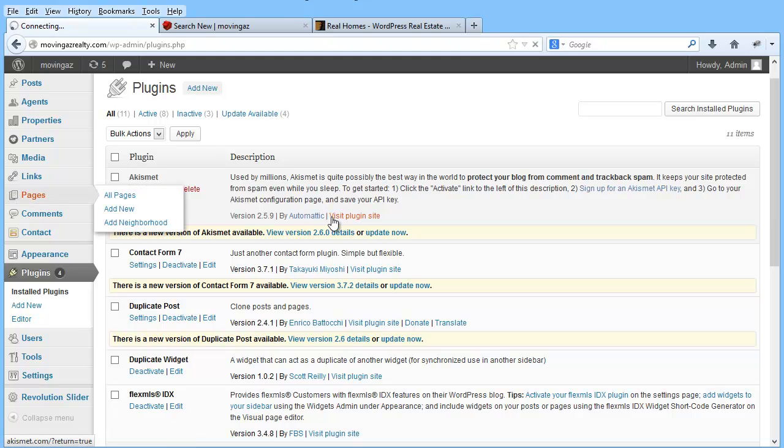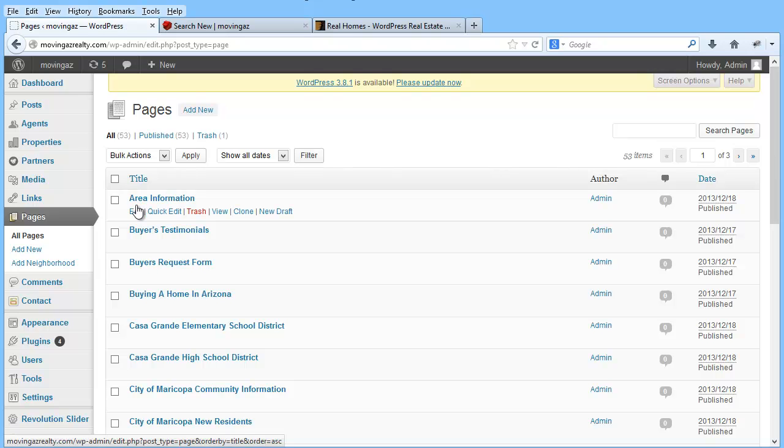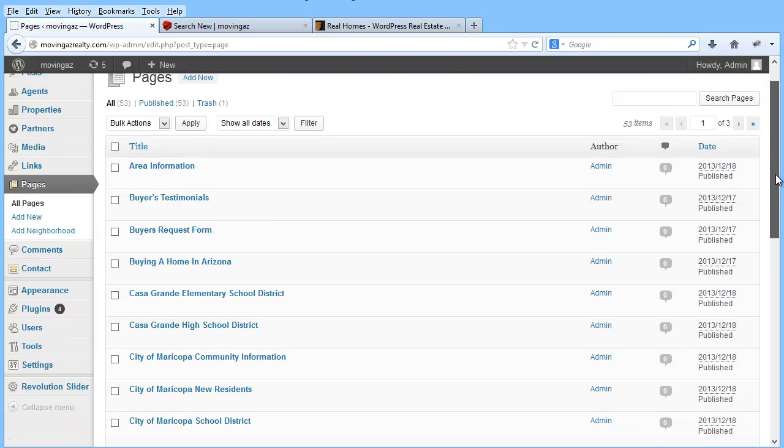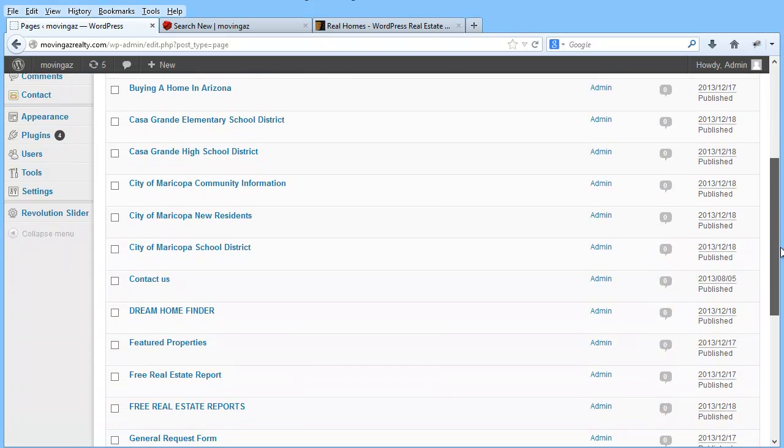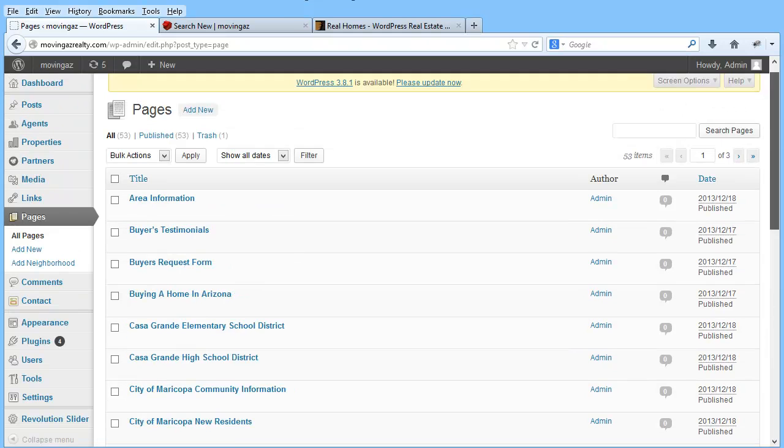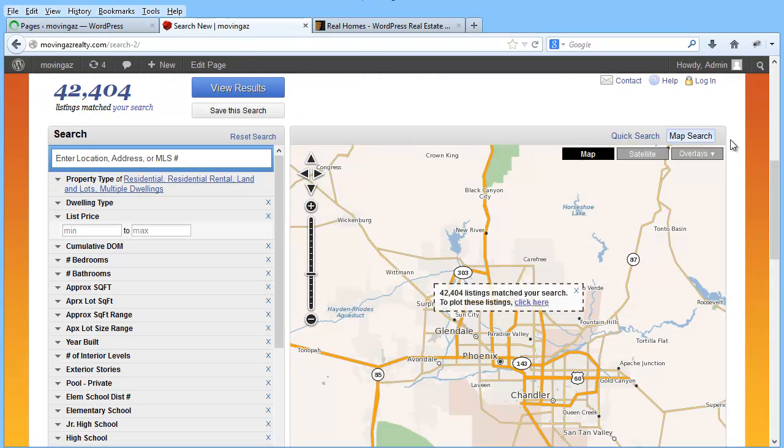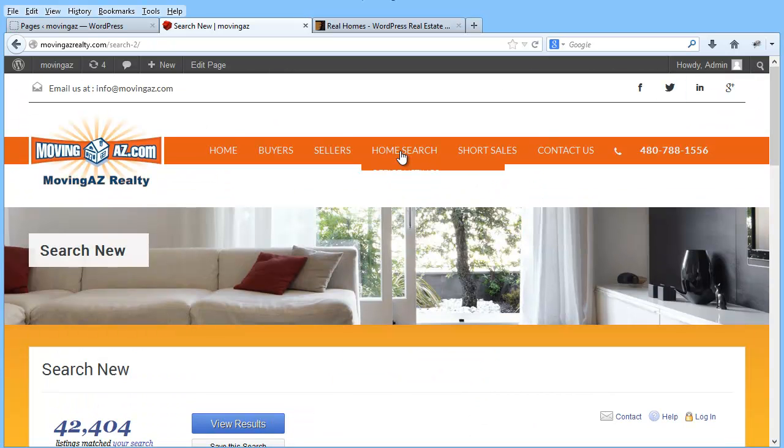So just to show you how that works real fast. Now normally you'll have your page and it'll say edit, quick edit, trash, and view. In my case, I have clone and new draft. So we can take one particular page. Let's go to the search page that I have set up. So this particular page, home search,